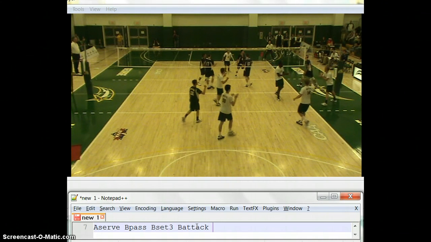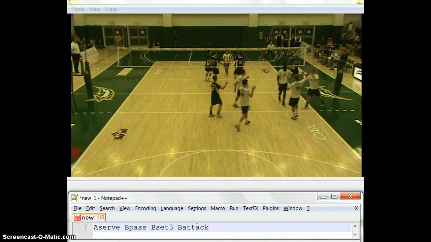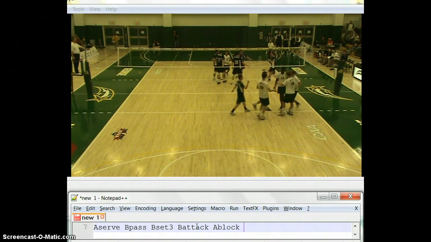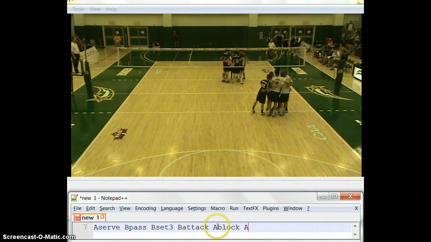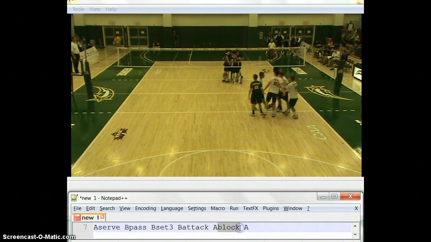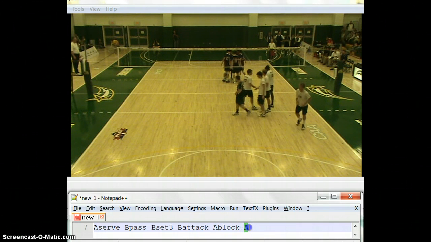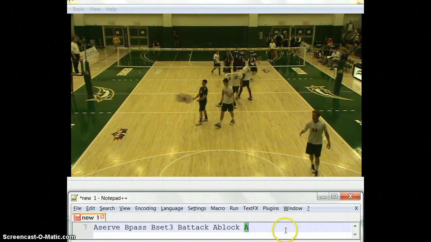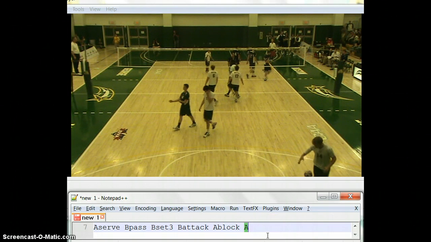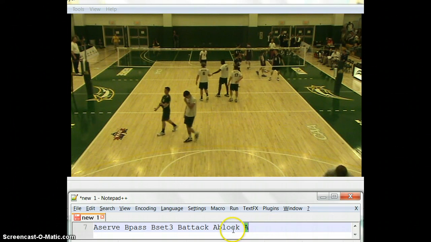It was blocked by members from the George Mason team. So it's an A block, and then it led to a point. Again, make sure if there's a block, it must lead to a point. You cannot have an A block, then an A pass, A set, or A attack, or anything of that sort. A block means it results